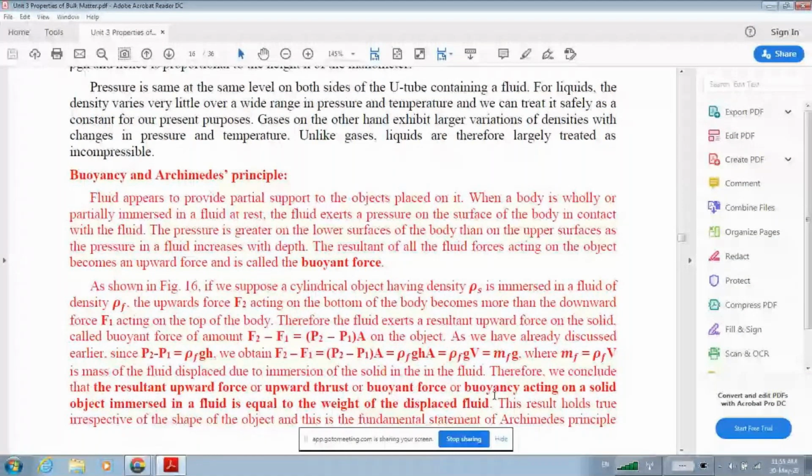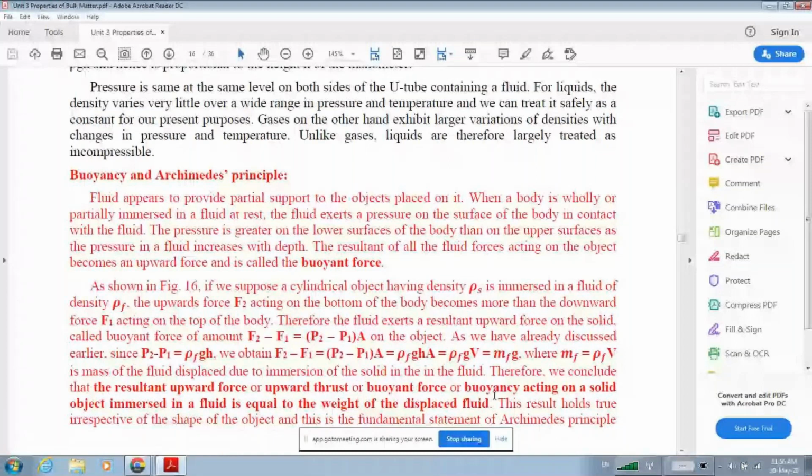So for example, if you want to calculate the volume of the cuboid, you can say volume equal to LBH. Similarly, if you want to calculate the volume of the cube, volume equal to cube of the side. Similarly, if you want to calculate the volume of a sphere, you can calculate it as 4 by 3 pi r cubed. Are you following that?